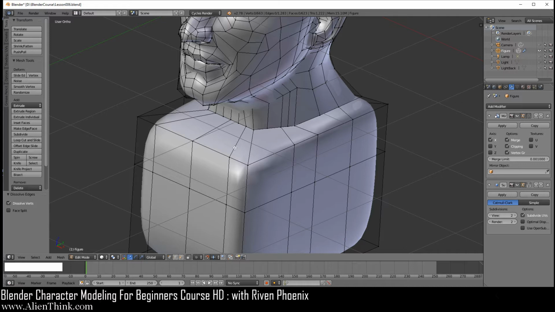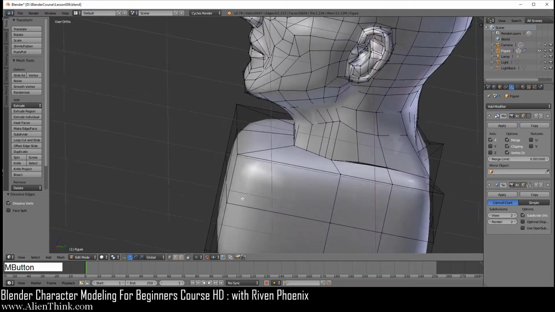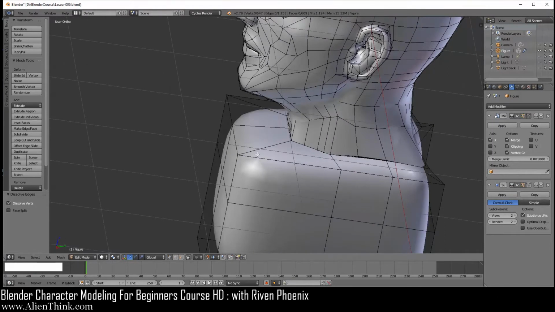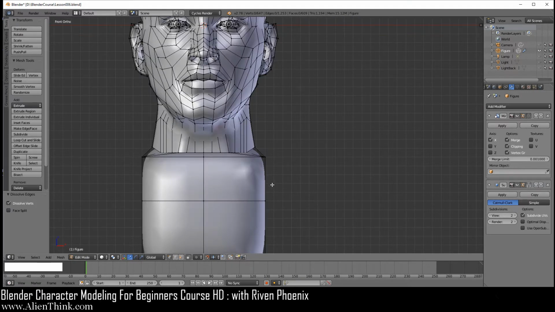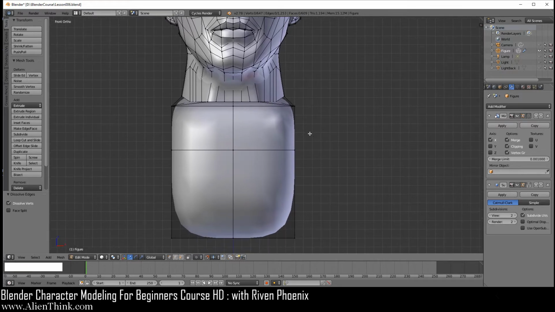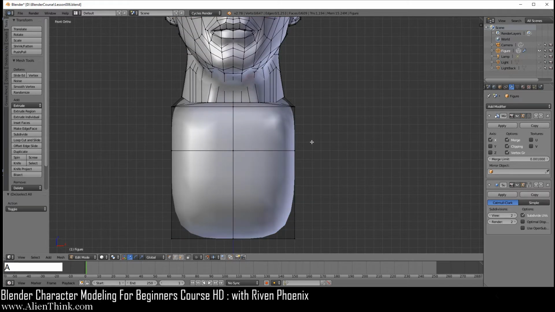So now we're going to do the same thing on this one over here. Shift key down and this one over here. X and dissolve edges. The reason we're doing this is because we can't use so many edges to develop the basic structure of the human figure, right? We can always add that stuff later. And that's a key concept to understand about 3D modeling, is that you approach everything with basic shapes and develop your details later. So I'm going to do A to select and A to deselect everything.